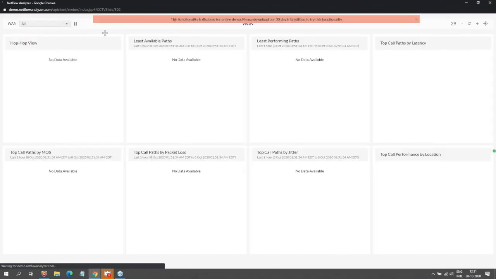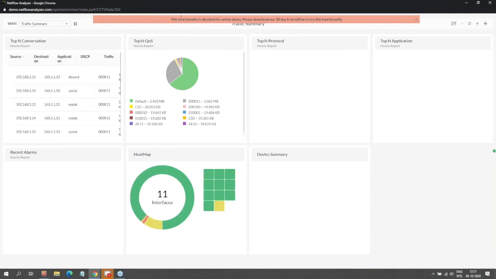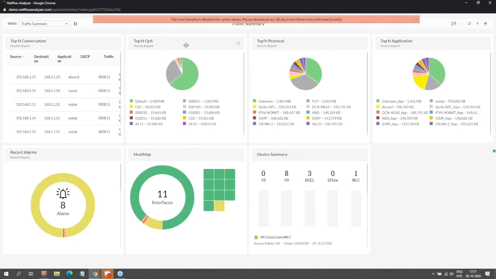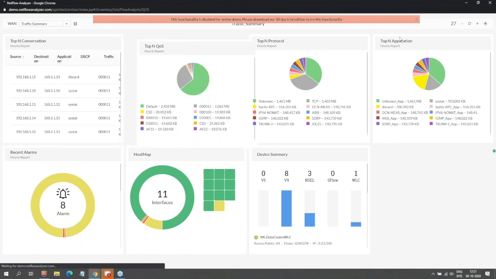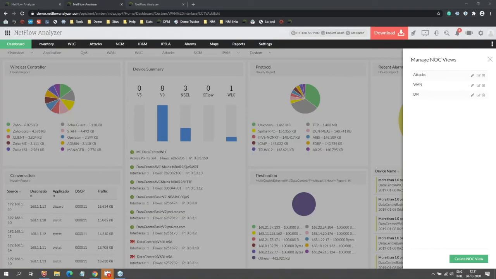It's going to show you the different dashboards that you created. All these widgets, you can move them across. You can resize them as I told you. It works with the timer. You can pause it if you want, or if you want it to move automatically, after the time frame it will go to the next one. So with that being said, let's go to the next topic.